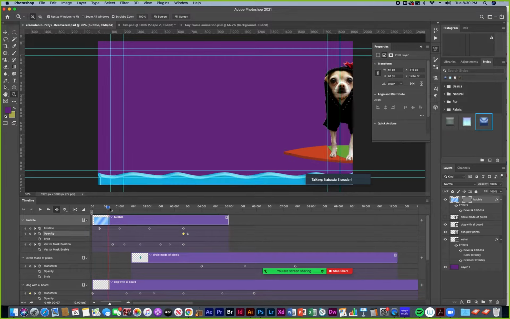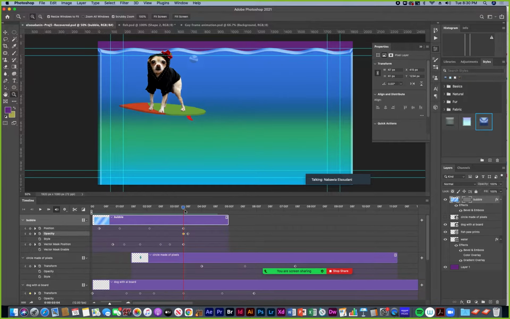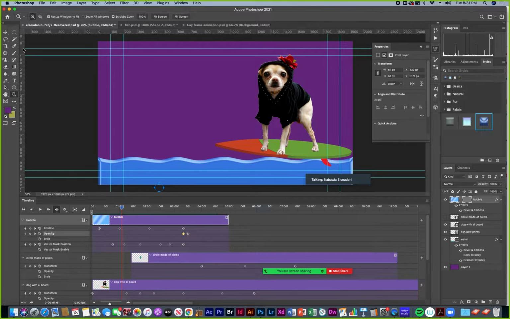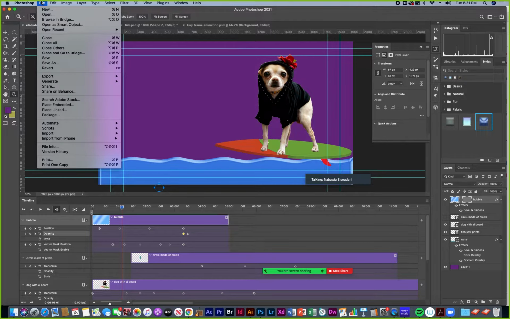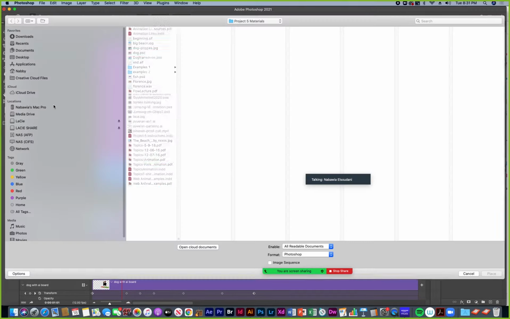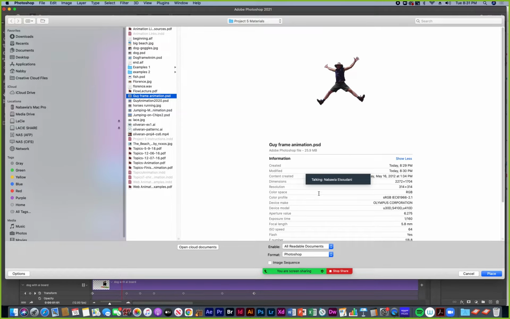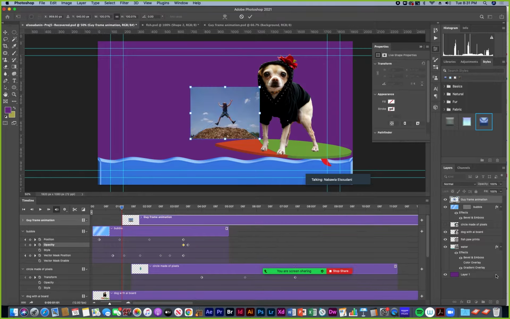So now let's say I want to integrate him into the main timeline. I'm going to go File, Place. I'll do Place Embedded, and then I'm going to choose the guy frame animation and click Place.